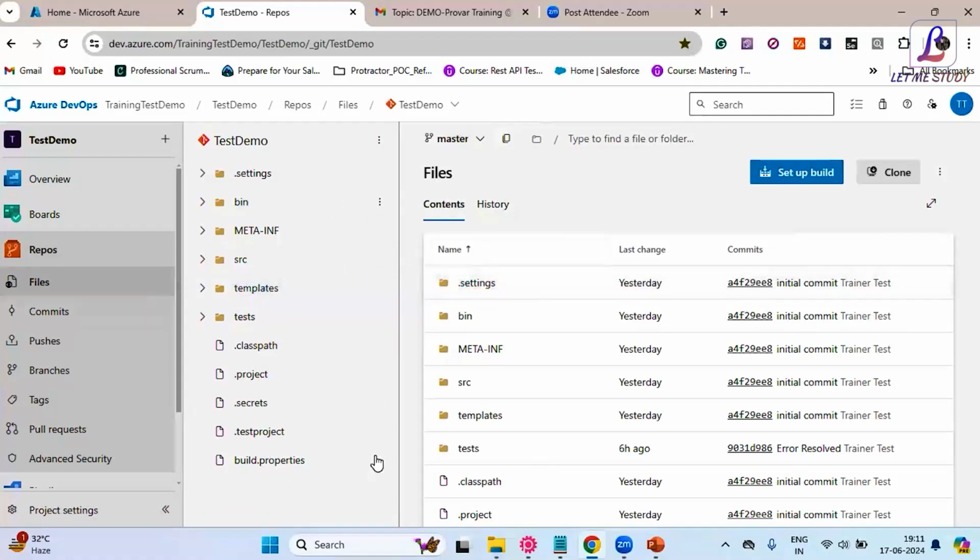Suppose this code is already there. So this is a Provar project that is already uploaded to the Azure DevOps. Like the Git push and all, everything is done. The code is committed to the Azure DevOps. So now, what we need to do in order to start working on the Provar, see, there